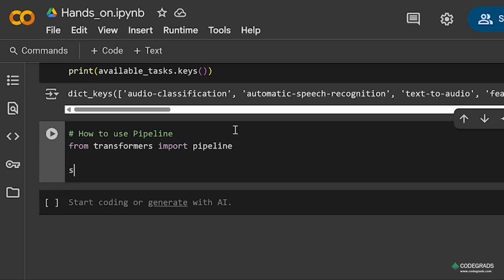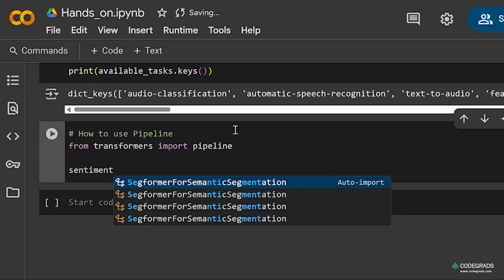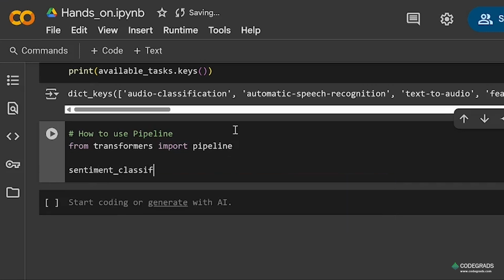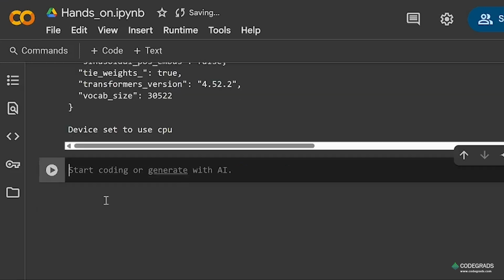And suppose I want a sentiment classifier, and pipeline, I'll mention the task, that is the sentiment analysis. Okay. Now when I print it,